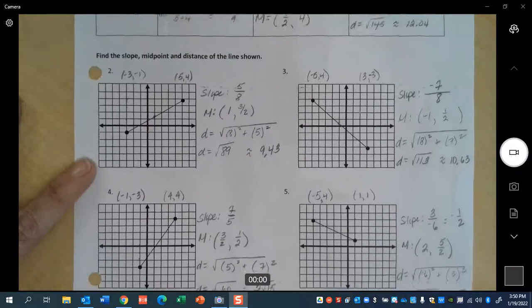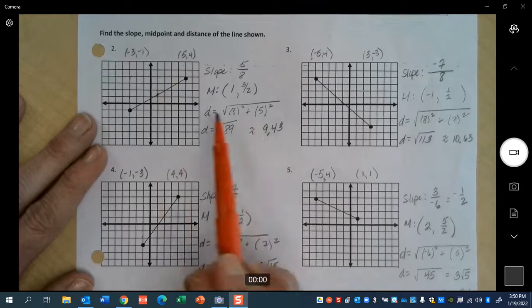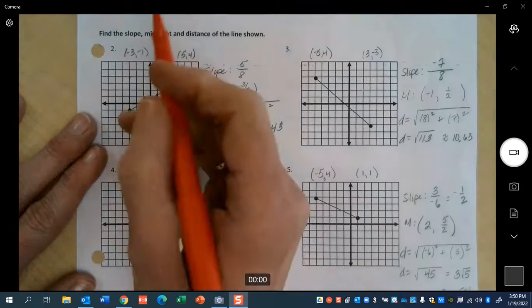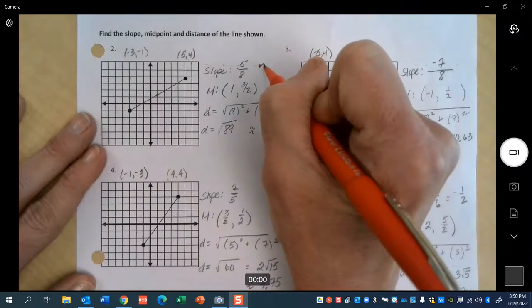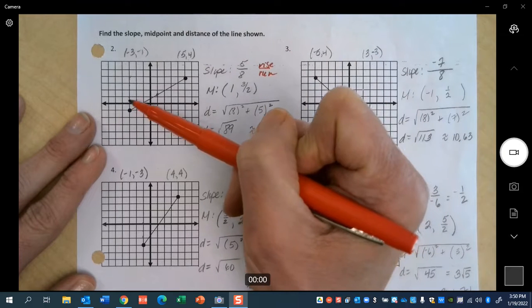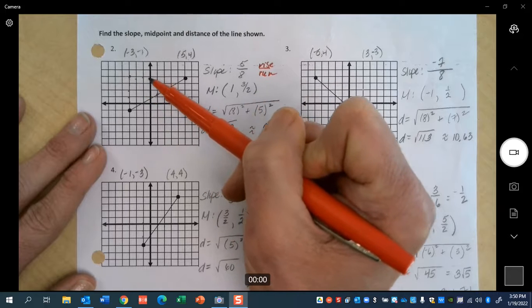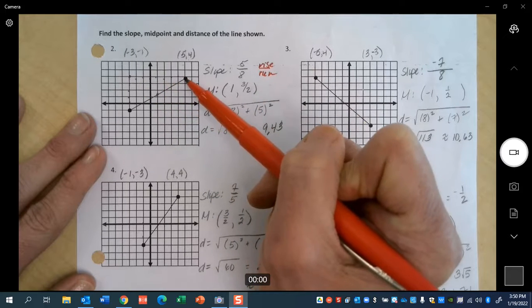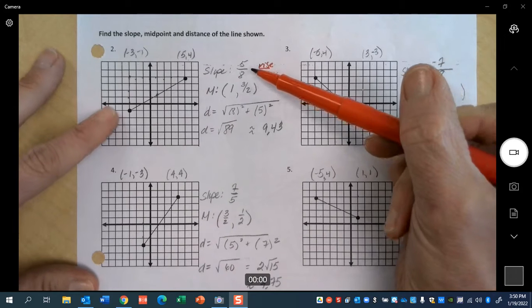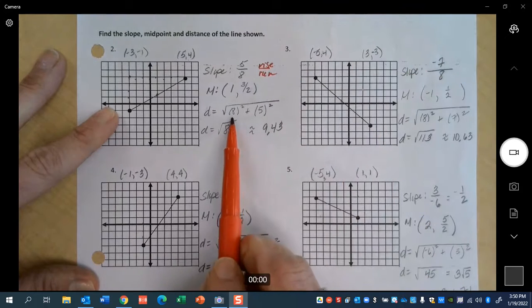All right, when we're not given the coordinates, we can get it. Now, slope is sometimes easier to find from your coordinate plane. It's rise over run. So if you're looking for your slope, you can go ahead and rise 1, 2, 3, 4, 5 and run 1, 2, 3, 4, 5, 6, 7, 8. I can count those coordinates on my coordinate plane, and then of course that's what I can use in my